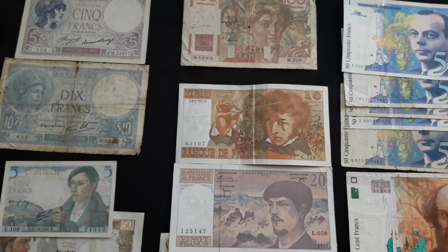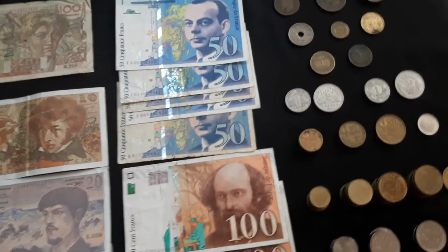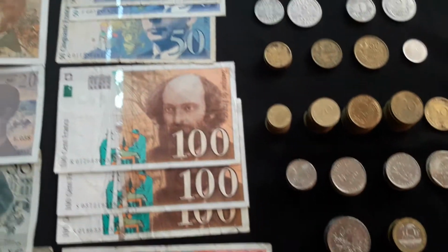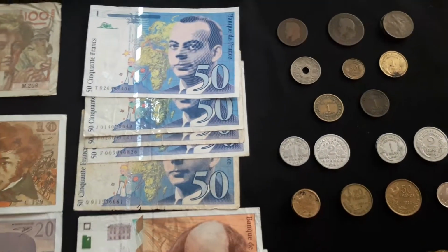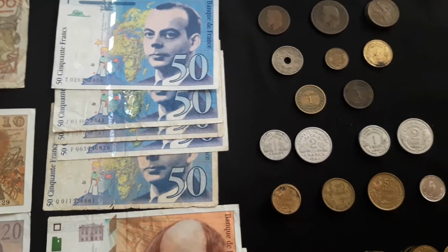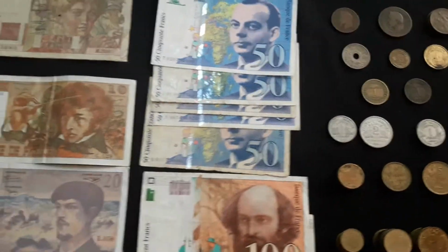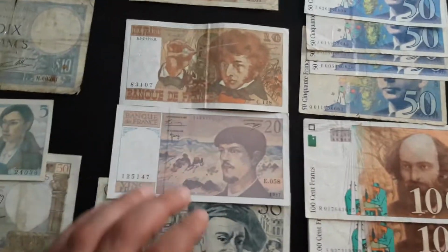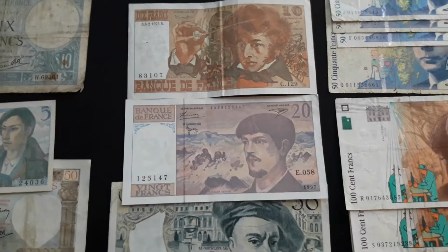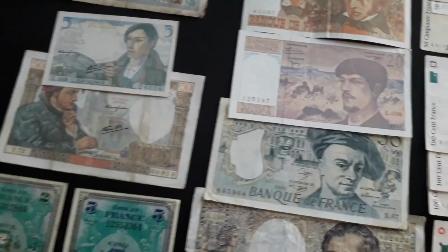I'm not a big money spender on collections. As for the coins, I buy coins only for my collection, exclusively for my collection. What you see here is what I've got through the years, 3 or 4 years now, from mixed foreign coin bundles or lots. I like the diversity because I'm happy to have 2 or 3 banknotes from a set or from a series, rather than a complete set from only one time period. So I have a nice amount here